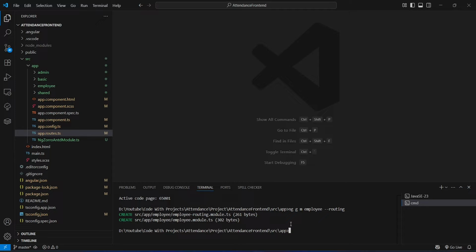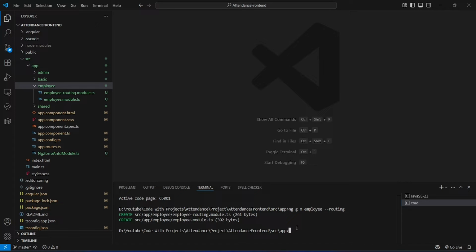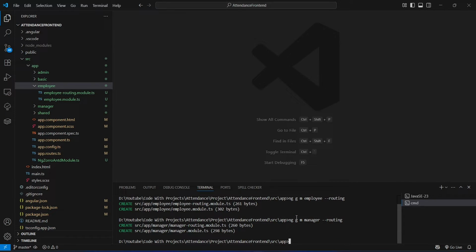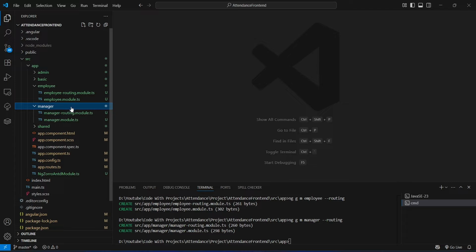This created two files as well, which are employee-routing and employee.module.ts, and we can see this employee module here. After this we need to create the manager module as well, so we will duplicate this command again, replace employee with manager, and then hit enter. And as you can see our manager module is ready as well, and we got a manager folder with routing and